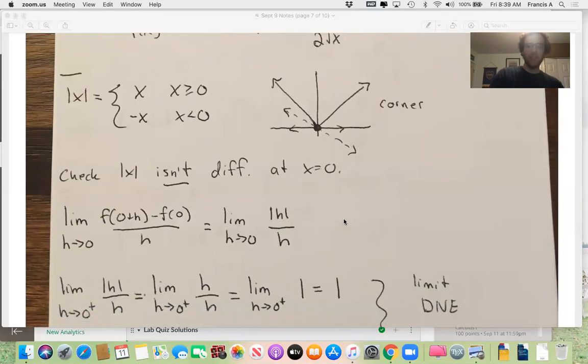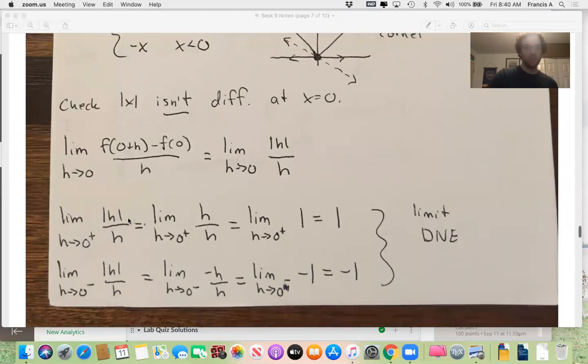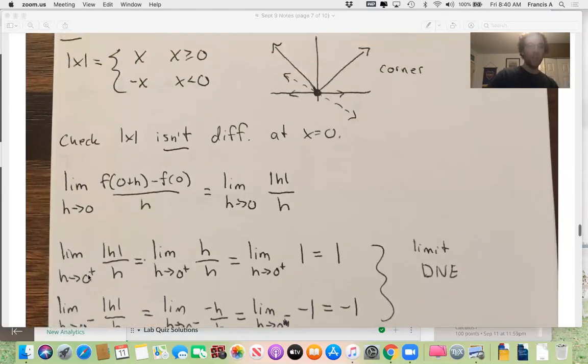This is something that we haven't exactly run into before, but what happens is because the absolute value is piecewise, this is a whole piecewise function, and we have to look and see what happens to the left and to the right. And if we look at those separately, say starting with the right, if we take the limit as h goes to 0 from the right of absolute value of h over h, how we proceed, because we'd like to cancel some h's, but if this h is stuck in the absolute value, we can't do it yet. The way that we proceed is we say, well, to the right of 0,